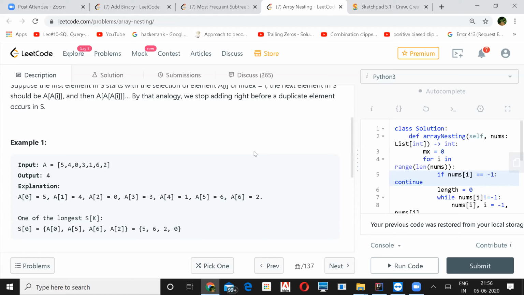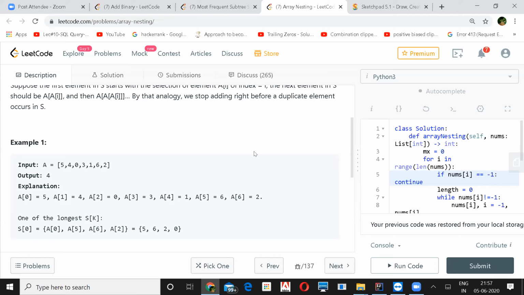So in this problem, this array A is like an adjacency matrix for a graph, and we are trying to find the largest component. That's it, right? Not the largest cycle, the largest component. He's saying that this array looks like an adjacency matrix where each node has a link to the next node.